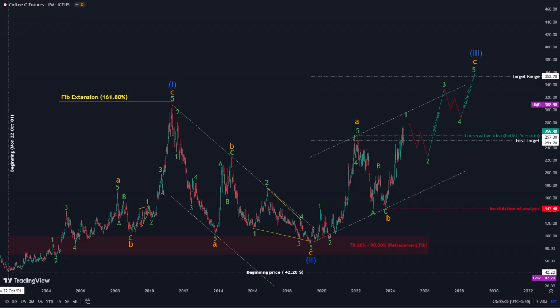Let's examine the coffee market from the beginning of October 2022 using the weekly chart. It's important to note that several financial markets, including coffee, natural gas, and cocoa, have shown contradictions in their historical graphs. I believe we are likely to experience a leading diagonal pattern in the coming years, followed by significant growth in the coffee market, which is still maturing.